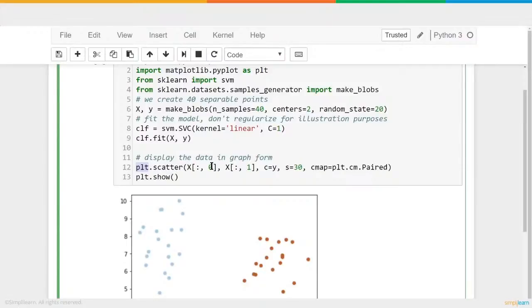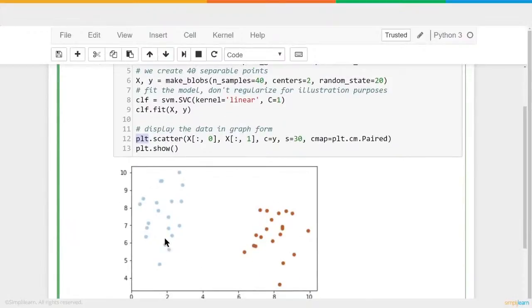This notation is great because the first part is the colon, which means we're going to do all the rows, all the data in our blob we created under capital X. And then the second part has a comma 0, so we're only going to take the first value. And then we do the same thing, but we take the second value. Remember, we always start with 0 and then 1, so we have column 0 and column 1. You can look at this as our XY plots. The first one is the X plot and the second one is the Y plot. So the first one is on the bottom, 0, 2, 4, 6, 8, and 10. And then the second one, X of 1, is the 4, 5, 6, 7, 8, 9, 10 going up